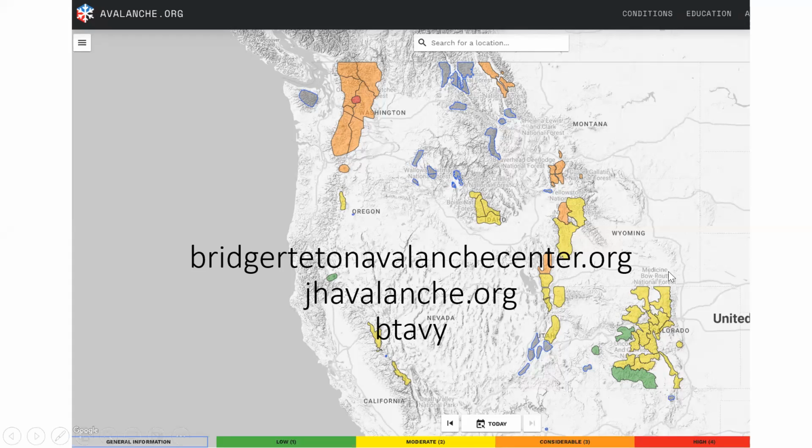And there's various ways that you can get to the forecast. If you don't remember any of them, or only have capacity to remember one thing, remember avalanche.org, because this will bring you to basically the Western US, Alaska, Mount Washington, and you can get the avalanche forecast just by clicking on the zone that you are in. And the benefit now of this new platform is that this Avalanche Center forecast is going